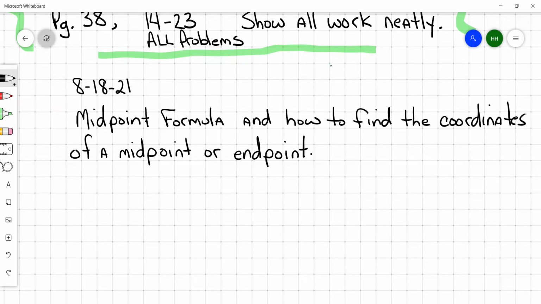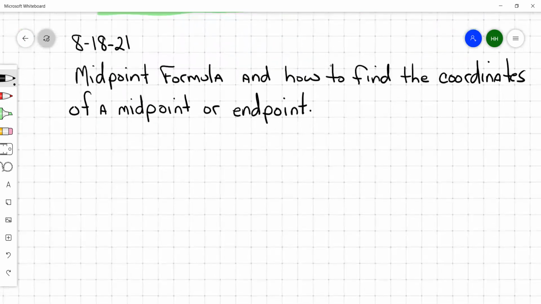All right, the midpoint formula, or the midpoint on a number line. A couple of different formulas here. We're going to start with midpoint